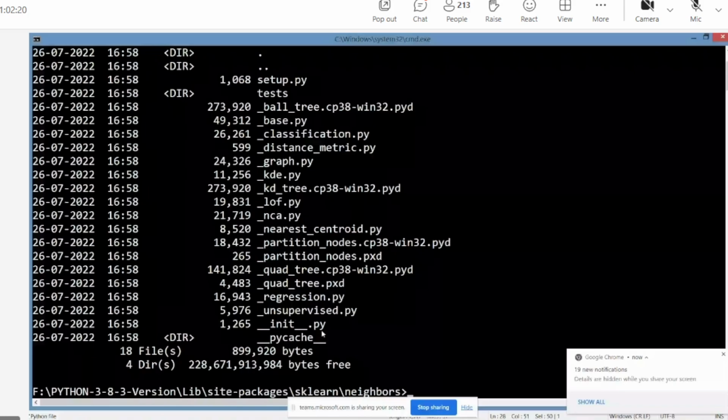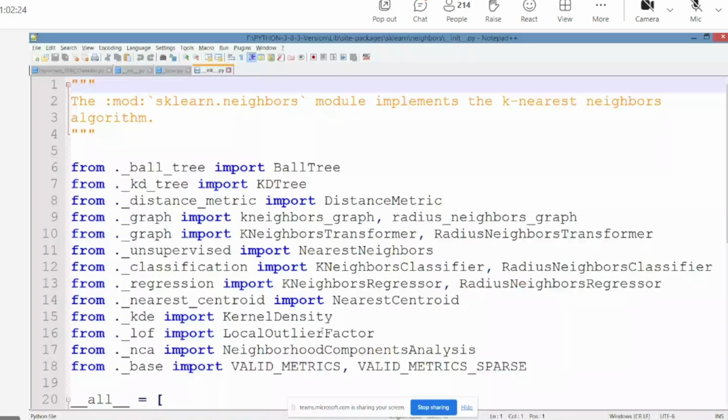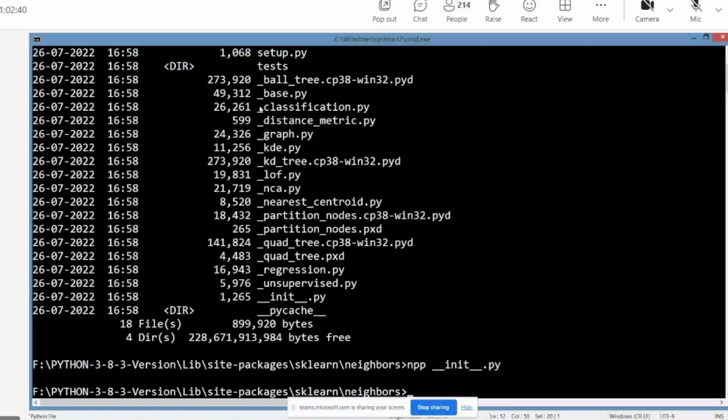I am going to the init file. Now you see where it is available. It is available here in line number 12: from ._classification. Dot means current directory, underscore classification. That means you have to go and see whether _classification is there or not. Yes, it is there. Go here.